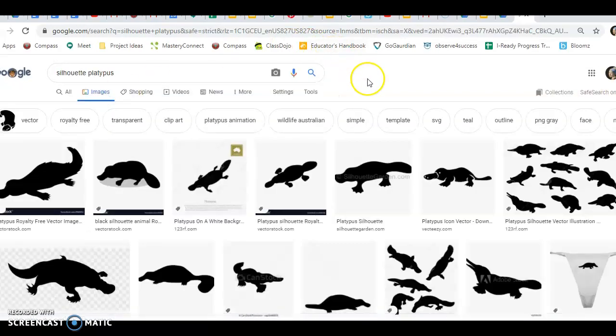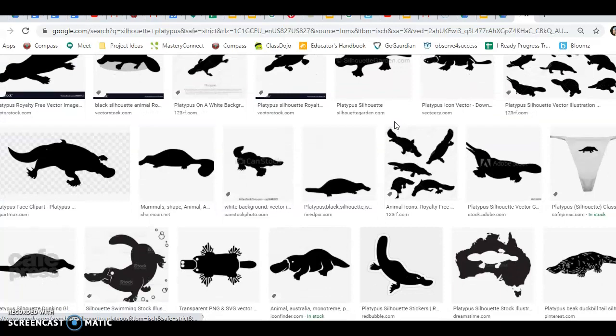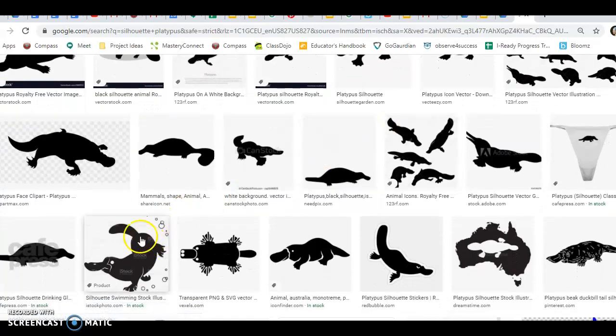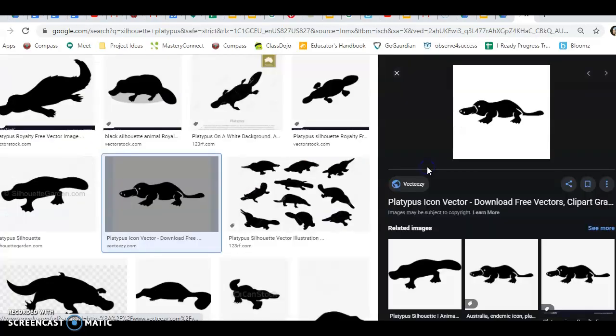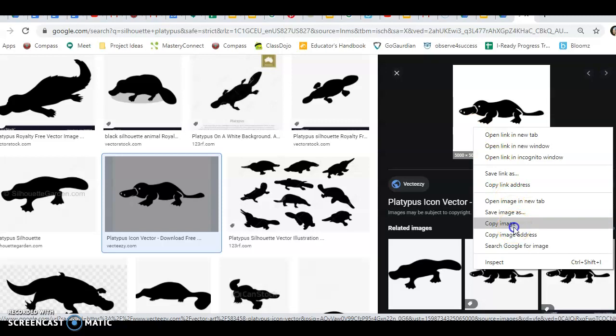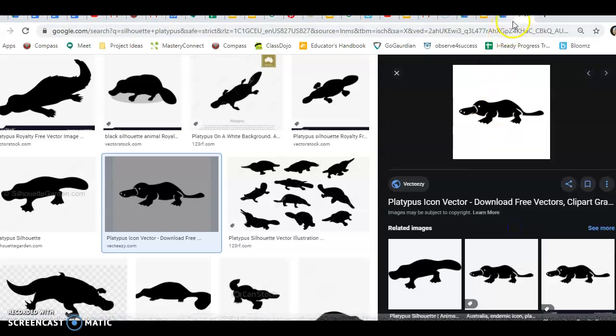Now here's the thing, when you choose the silhouette, you might be tempted to pick a really fun, unique one like this, or a really detailed one like this. Those are all actually bad choices for this project because we want something very simple and very easy to recreate. I'm going to pick this guy. So I'm going to right-click him, go to copy image, and then I'm going to go back to the top